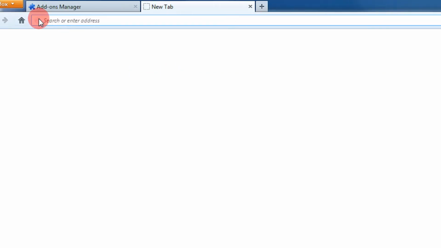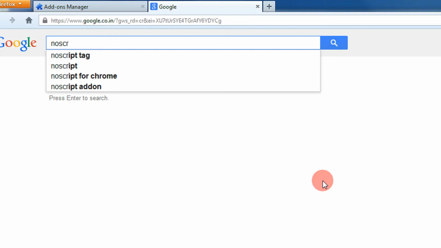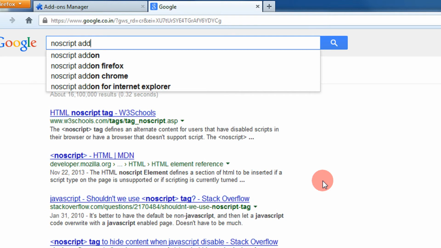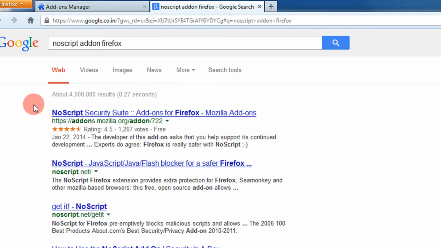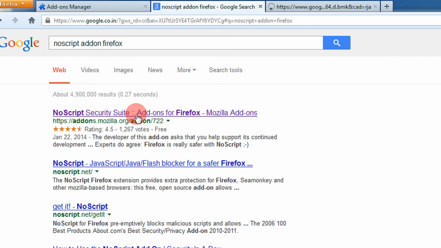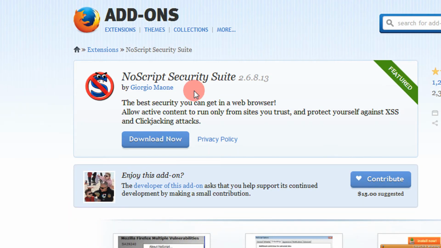So you can just start your Firefox, go on Google, and write NoScript add-on. So the extension that will come here, this one.